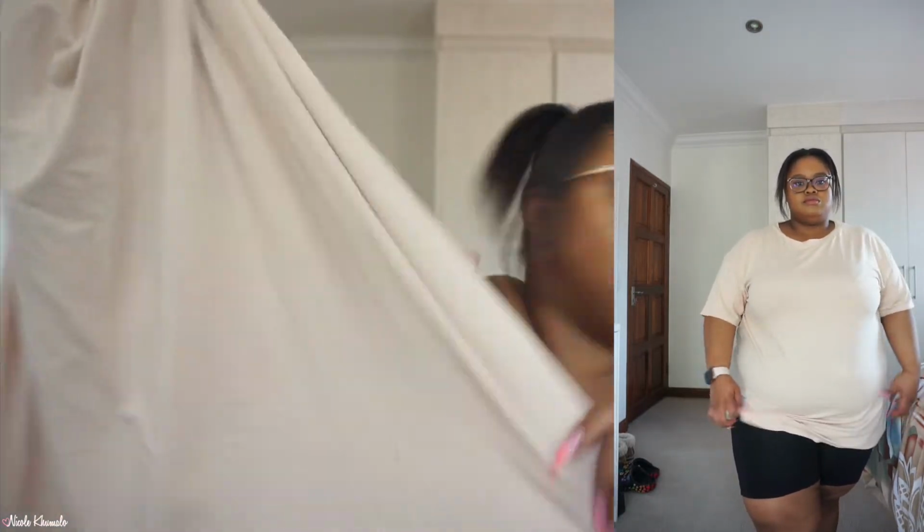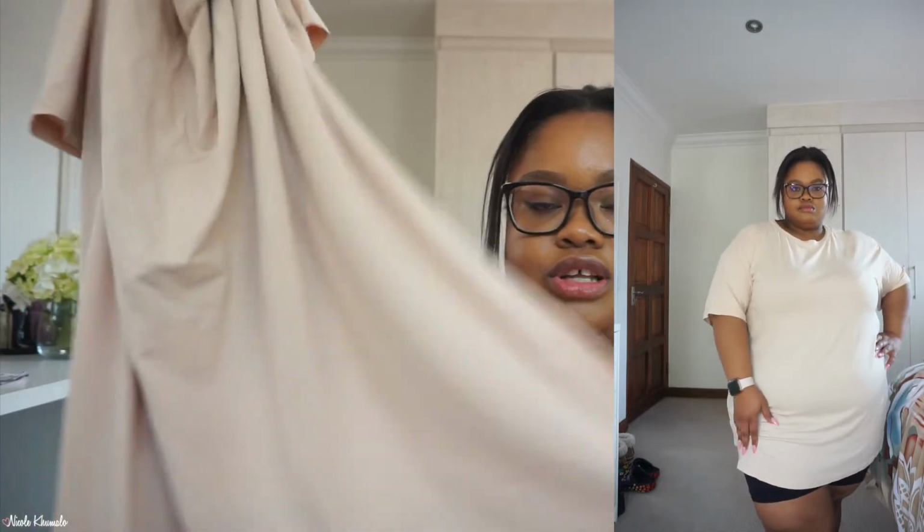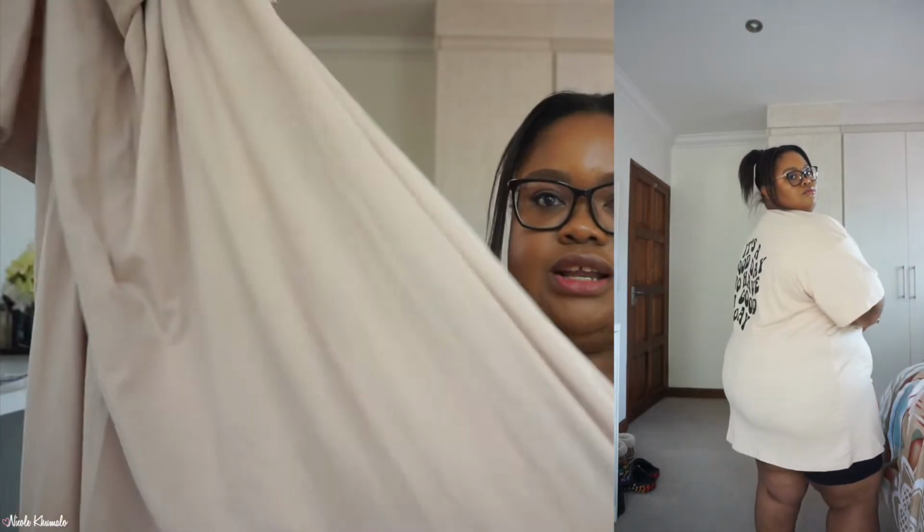Okay, we're approaching the end of the haul here. This is the second to last shirt. This is the one shirt in the entire pile that I thought was going to be a different color. When I ordered it, I thought it was going to be a peachy, orangey type color, but it's actually this camel tan nude color. It matches the hat that I showed you earlier. It's like a beigey color basically,